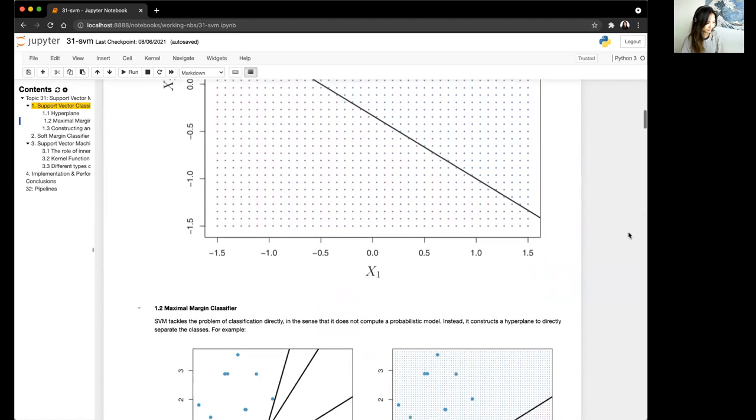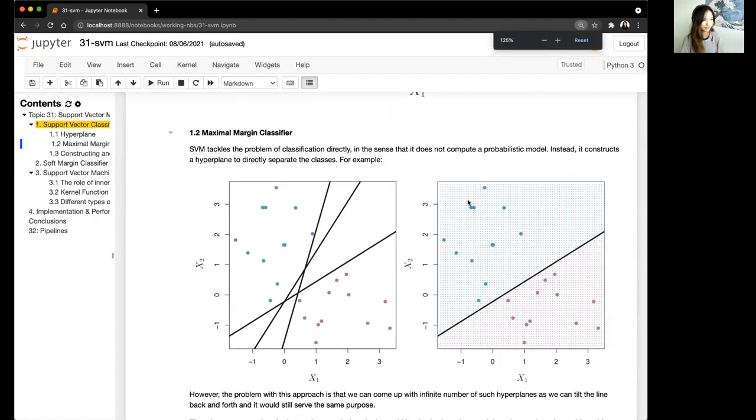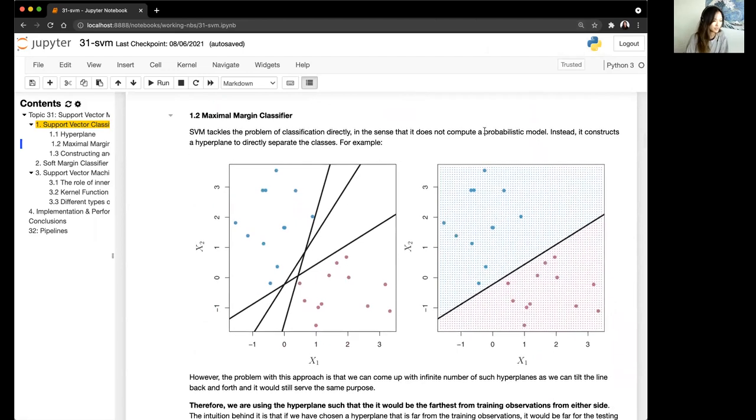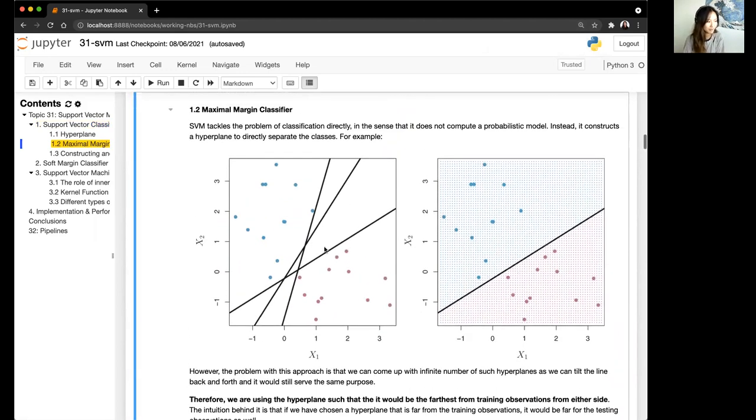All right. Okay, so the first classifier that we're going to talk about is a maximum margin classifier. Again, instead of using probabilities like some other models do, we're going to construct the hyperplane to directly separate the classes. As an example, if we have this data, purple class, blue class, these are all planes that successfully separate